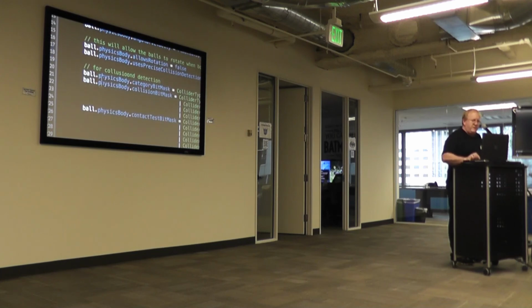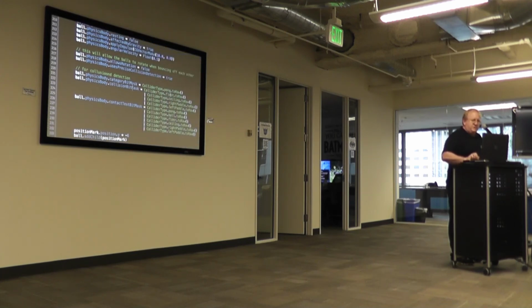So what you do here, in your category bitmask, you just say my category is Pong. I only have one category. Really simple, right? My collision bitmask is for what objects are going to bounce into what. So I've got a floor, a ceiling, a right paddle, and a left paddle. And then the contact testing is which things can possibly collide, and I list all of them basically: ball, floor, ceiling, right, and left paddle. Okay? By setting these three little bitmasks, that tells the internal engine in SpriteKit what to do when these